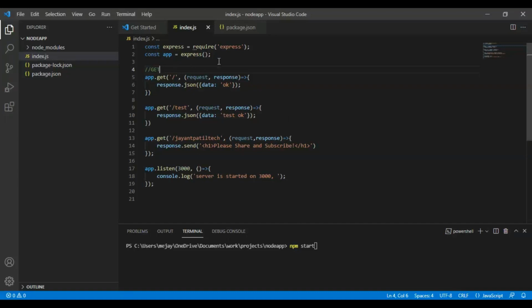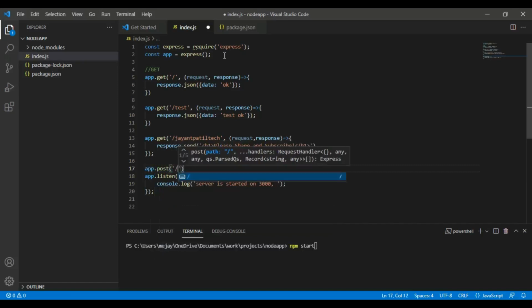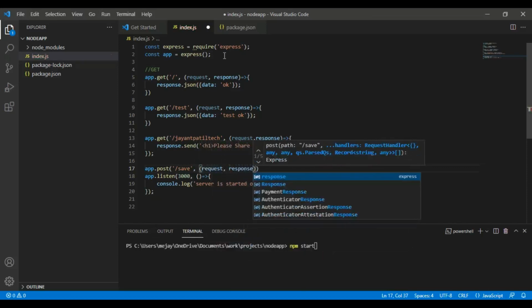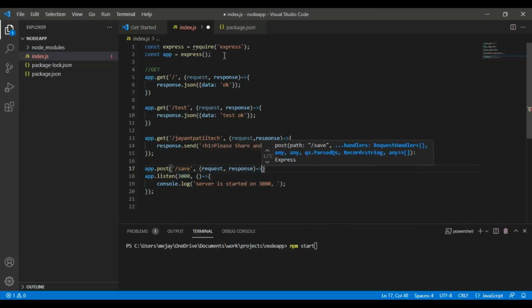So here we need to add app.post and the URL which we are going to use, like save, and then there will be a callback function with request and response. So this we can use.